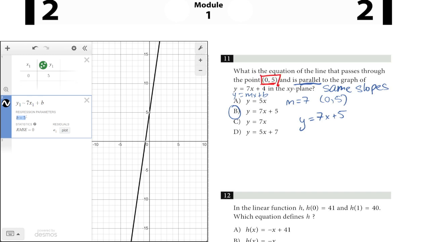You could have also thought of this as we know that this point is the y-intercept. We know that's the y-intercept because it's the value of y when x was 0, and that's exactly what our b value is in our y equals mx plus b. But I'm showing you this in Desmos because with other questions, if that point that I have boxed in red was not the y-intercept, then the way that I just showed you will work every time. Okay, so